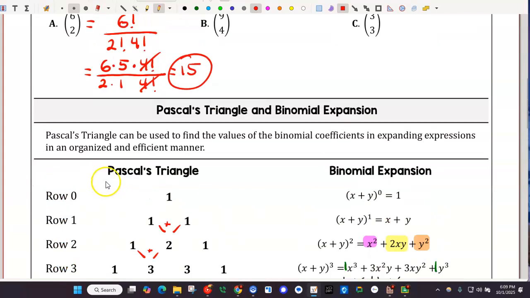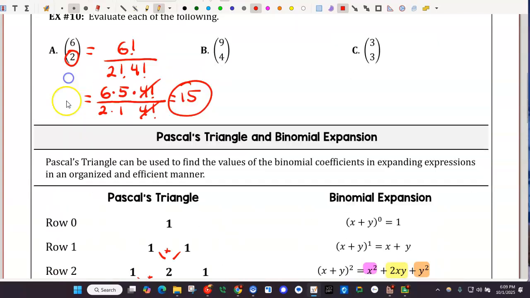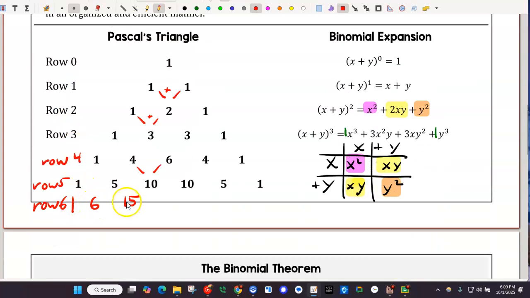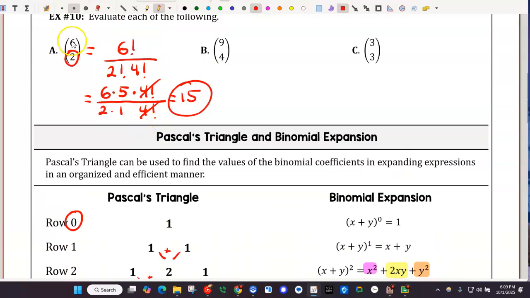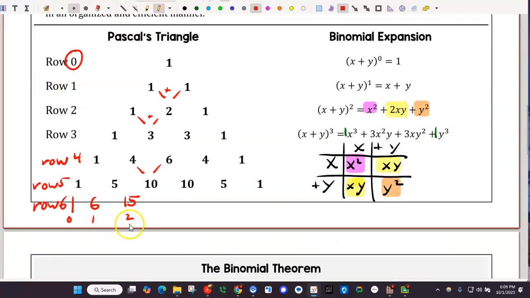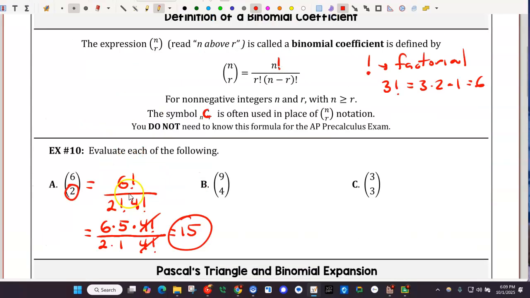And you might say, wait a minute, this was the second place. How come it's the third number? Well, these are all choosing 0. So you notice how this started on 0? Well, these are all 0. So technically this is 0, 1, 2, and that's why it's 6 choose 2. 6th row and the second location, which you got to remember you start with 0. So as long as you remember that, you can still use Pascal's triangle to get 15,